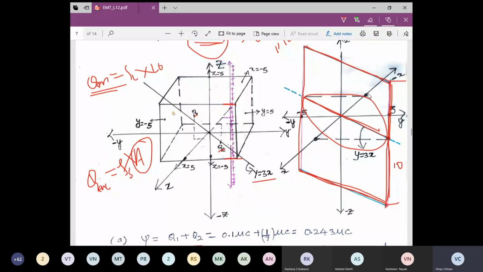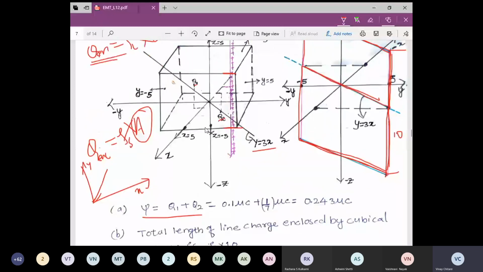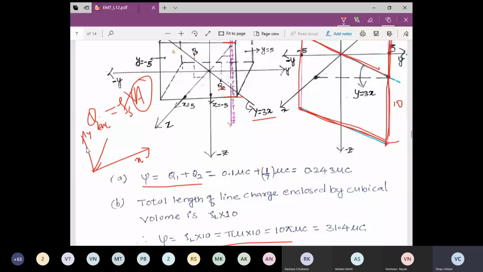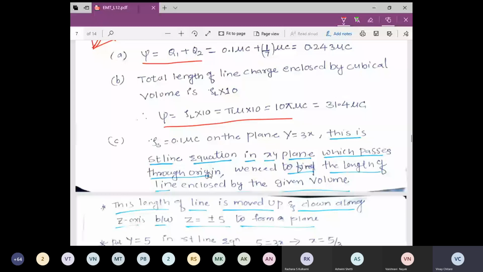Now, how do we find that? We'll find that with the help of the equation of the straight line. You could see that I'll just draw this as x and this as y. If I draw this line, it is a straight line, and we know that in this particular case y is equal to 5. So if I take y equal to 5, I can find the corresponding value of x.